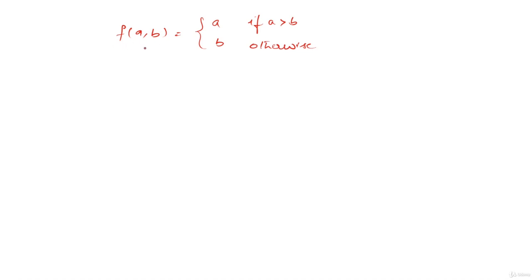Now, if you have seen such statements, this is a simple function, right? So, given the values of a and b, it performs a certain operation. And when I say f of 2 comma 3, you can see that it is going to return 3 anyway based on this definition.